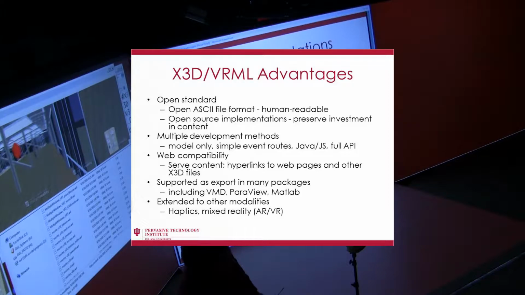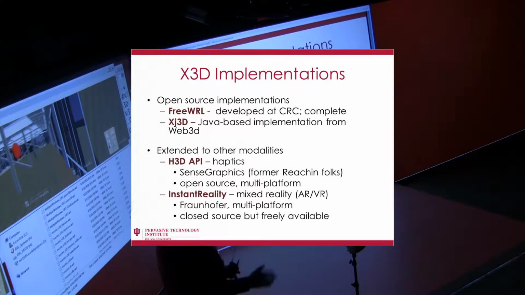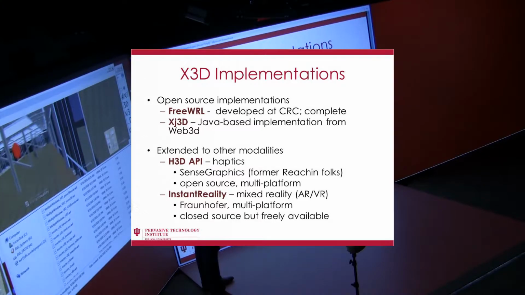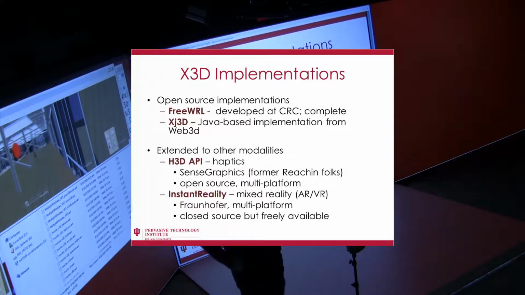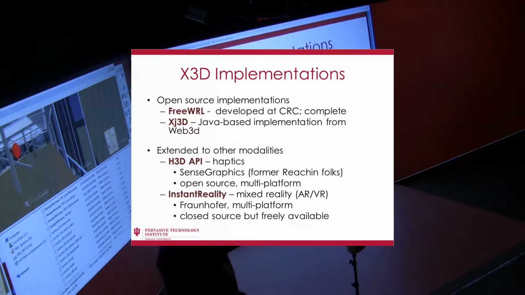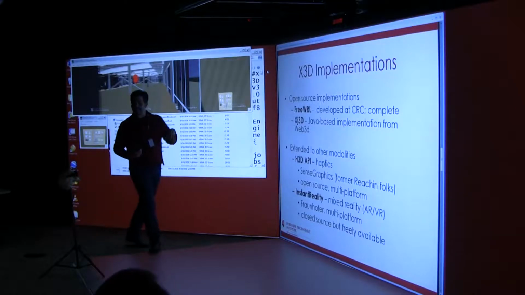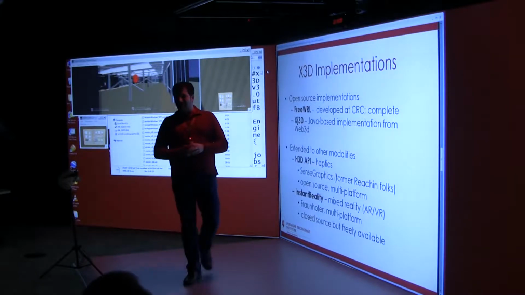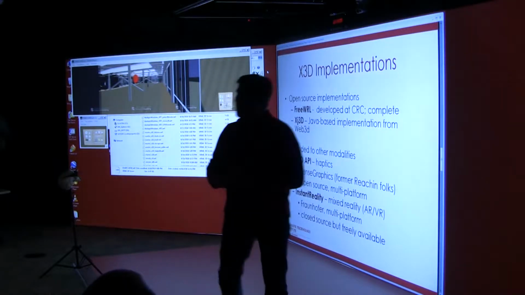In fact, the 2 best implementations that I've used are completely open source, more desktop oriented. FreeWRL is one that came from the Canadian Research Council, and it's a very complete implementation of the standard. For those of you who are more C++ oriented, that's the one to go with. If you're a Java lover, there's one called XJ3D. It's not as robust of an implementation, but you can actually